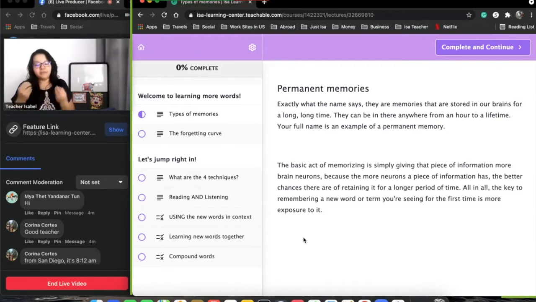Basically, the act of memorizing is giving a piece of information brain neurons. So the little cells that are in our brain. The more brain neurons that a piece of information has, the more the brain is going to think and realize, oh, this is important. So the same thing when you're reading red, blue, green, yellow, it's not only hearing the words, it's seeing the